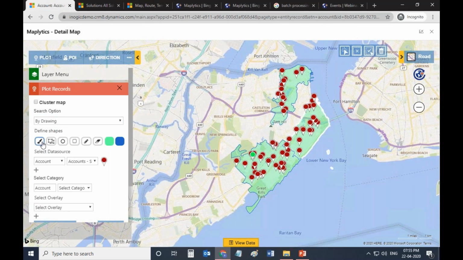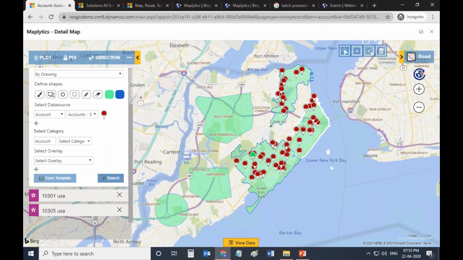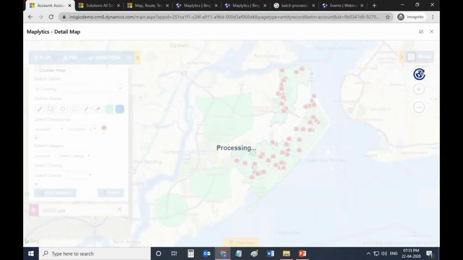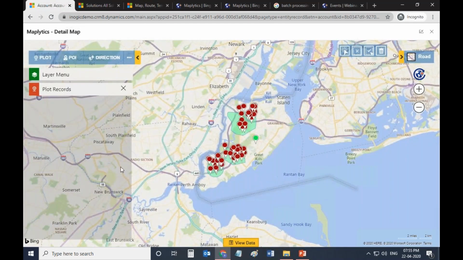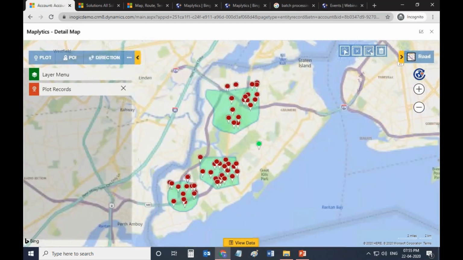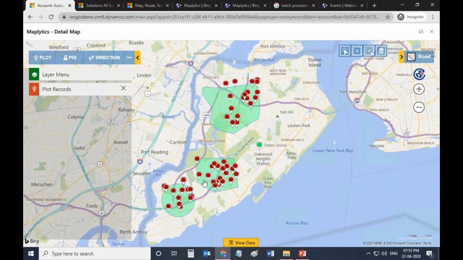So you can simply use, let's say, freehand drawing, and you just draw a shape like this for the area that you want to see the data for, or else just a polygon or a circle like this, and then click on search. So this will give the data that exists in the drawn shapes based on the geo coordinates. So here you can see all of the data that exists in these drawn shapes has appeared.